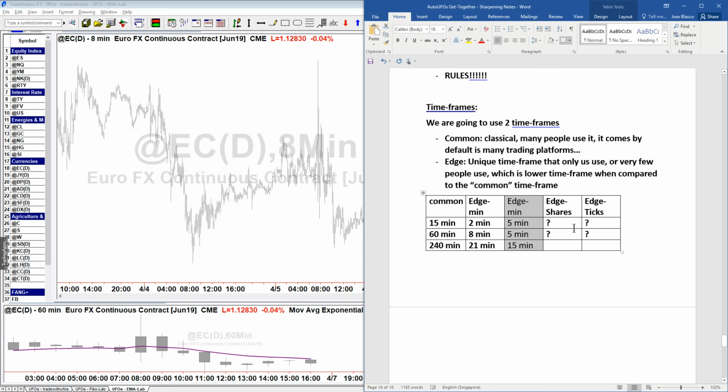So I'm gonna remove the bold component, okay, because this would be only for the ones of you that use trading platforms that don't allow for the very fancy timeframes, because those fancy timeframes will provide an edge, okay, and that's the whole point that we are discussing here. So ideally, you don't even use the 8 and the 21. You will be using the shares and the ticks. Okay, actually, it gets even better. We're gonna be using a combination between the 8 and the shares or the ticks, or the 21 and the shares and the ticks. And by doing that, you will have an edge built in. And that's gonna be even better.